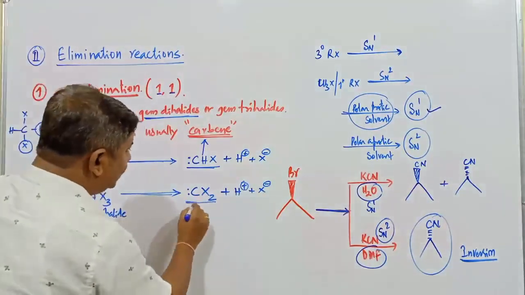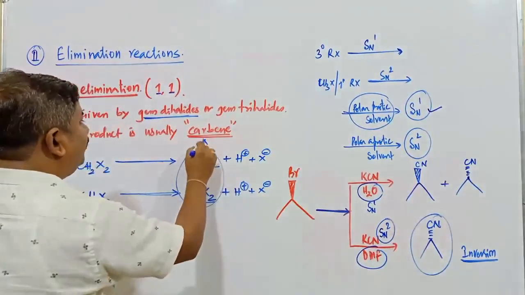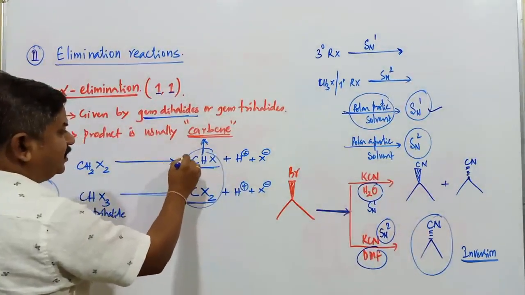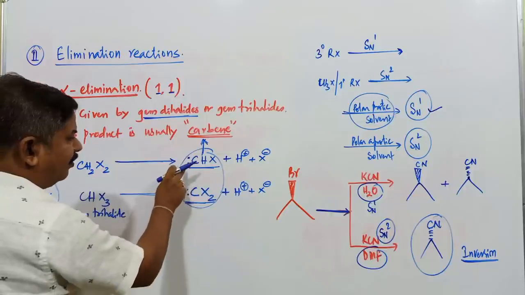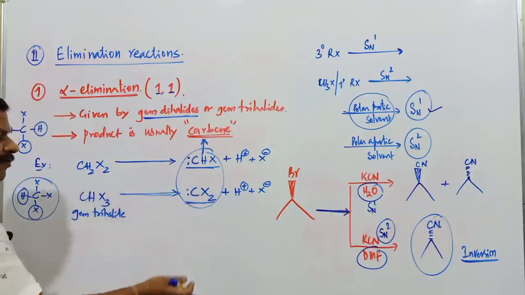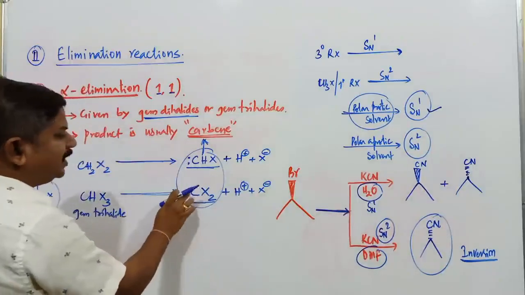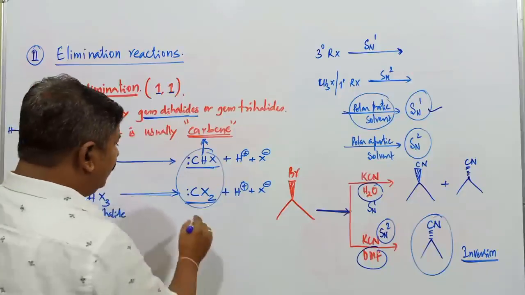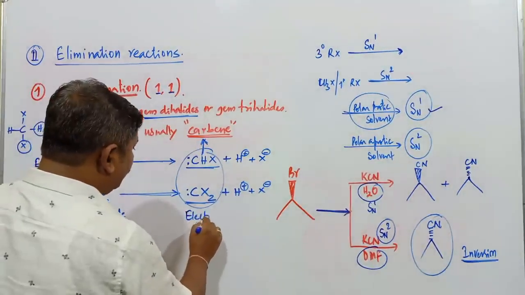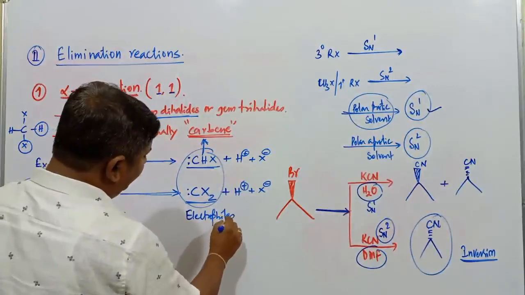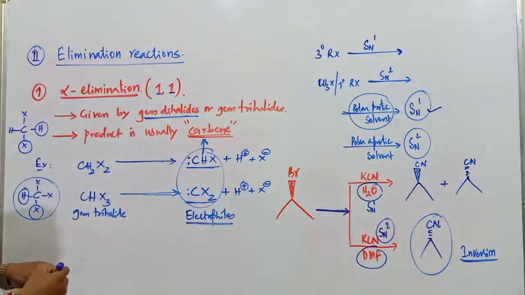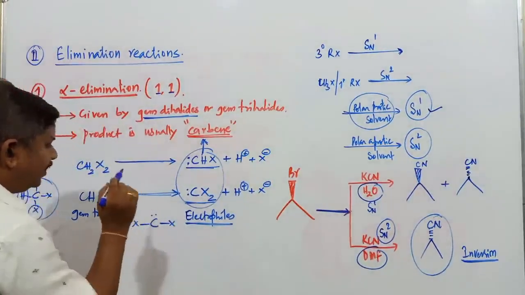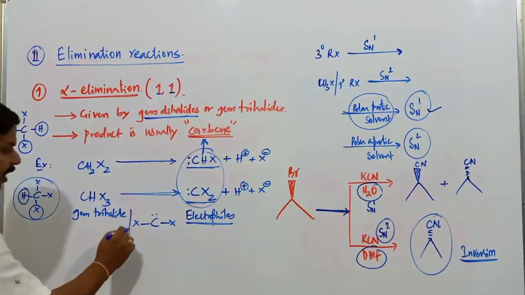Now these species are referred to as what? Carbenes. Here the carbon atom has a lone pair of electrons. By seeing this lone pair, usually one confusion arises. These species are not considered nucleophiles. Usually wherever lone pairs of electrons are present, those are considered nucleophiles. But these are found to be electrophiles. Why are these considered electrophiles? Carbon has not satisfied its octet. What is the number of electrons present around this carbon atom?